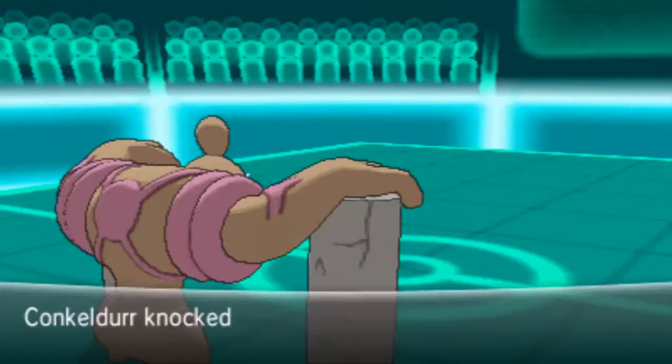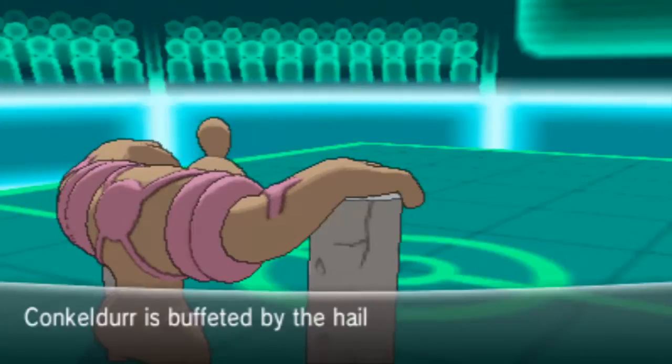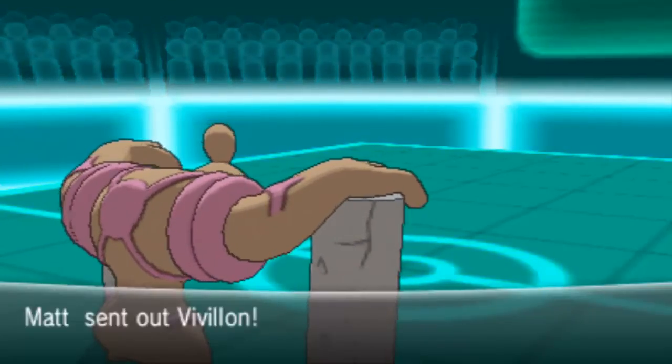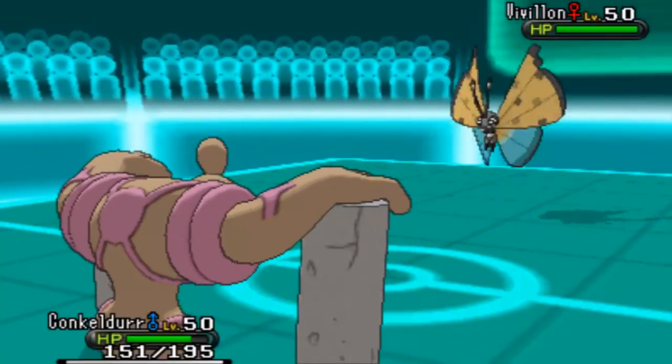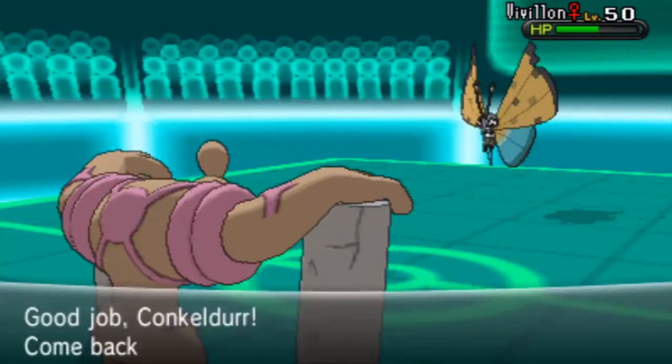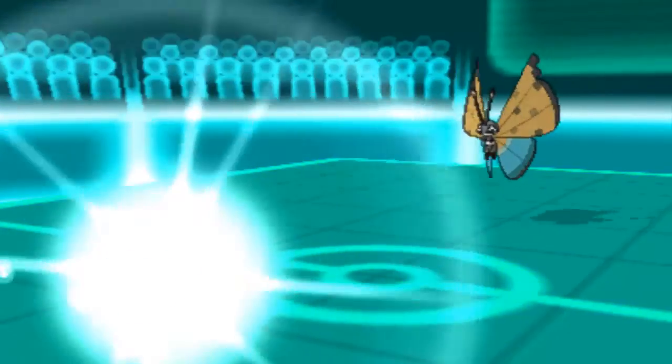And it actually just straight up takes this thing out without a crit. And I knock off the Rocky Helmet, so that tells me that it was physically defensive, or at least had some HP investment. So that's kind of crazy that it did that much damage. Conkeldurr is so powerful. In comes the Vivillon, and he takes a crap load of damage from the Stealth Rocks,